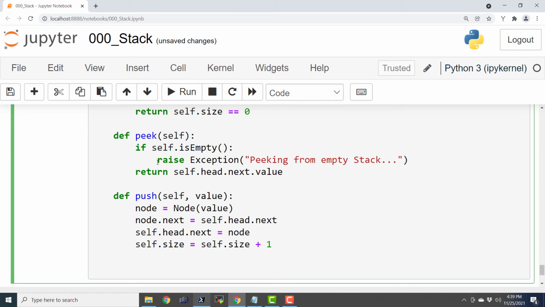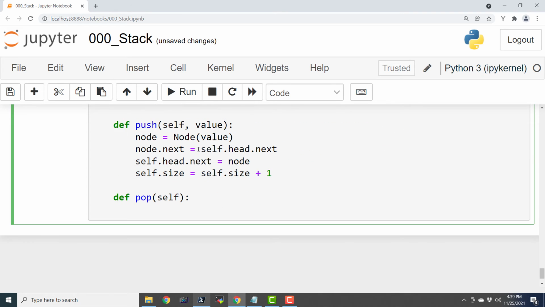And let us write a simple routine for pop. def pop(self). Sorry, I made a spelling mistake again, so it is going to be a syntax error if I don't rectify it.